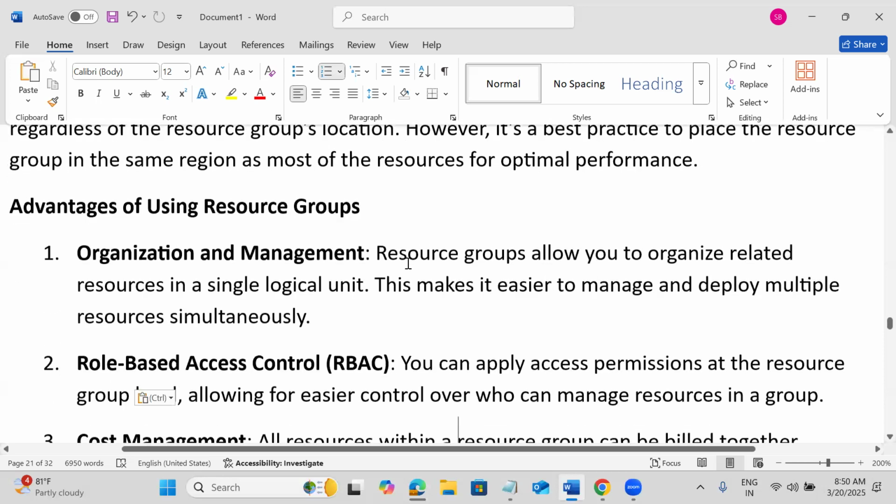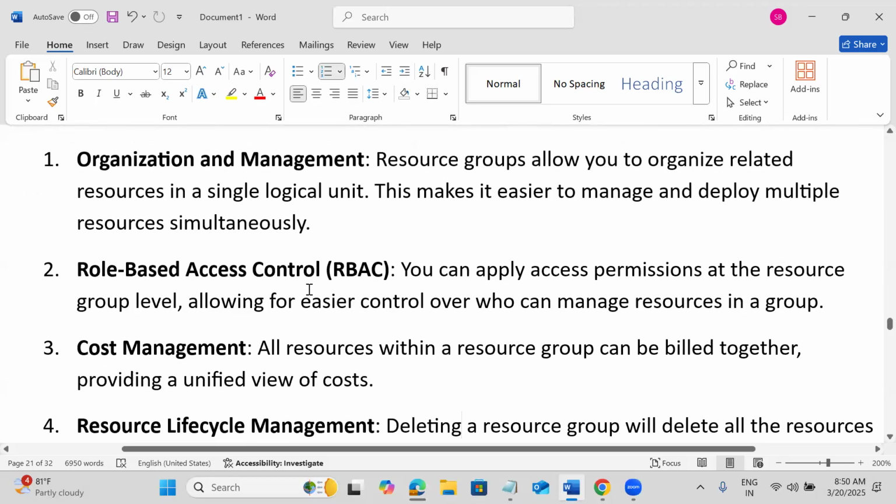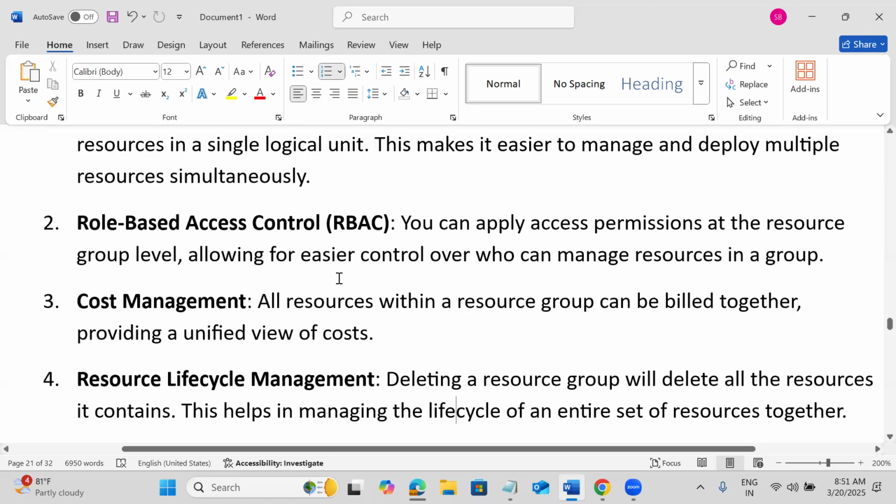Why we use it is that we can manage the resources as a single unit. And if we have multiple resource groups, I can give different kinds of permissions. Suppose for US resources, I don't want to give access to Indian admins. All US resources I'll keep in one resource group, and all Indian resources in another resource group, and I configure the RBAC permissions at the resource group level. We can also see billing, how much the Indian resources are costing, and see the cost management like this.